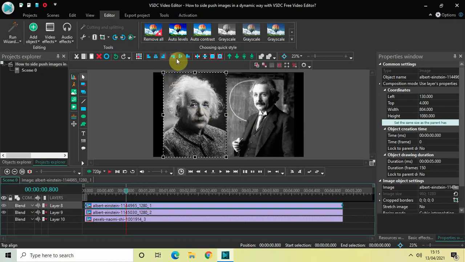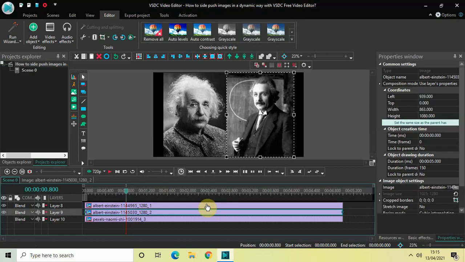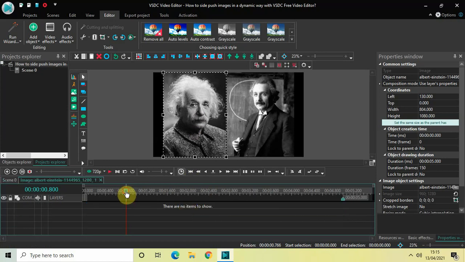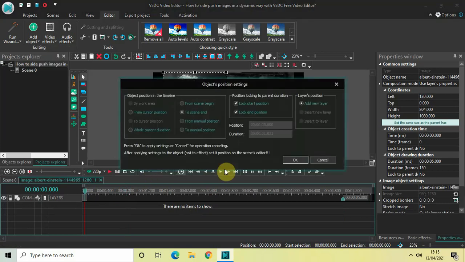Perfect. And now what I would like to do is first of all click on this particular image right here, the image which is on the left hand side, then double click on this image and go to video effects, go to transitions, select push, and then click on OK.